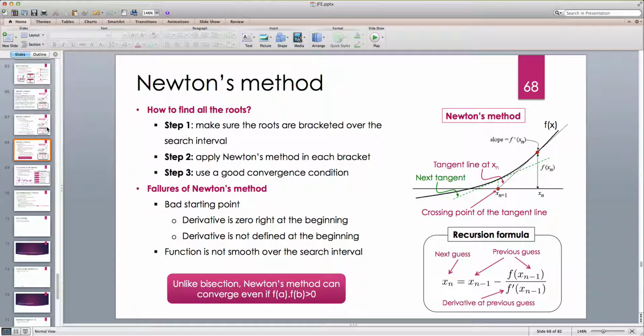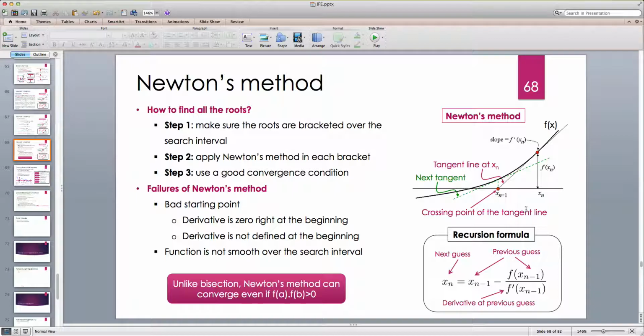The first one is that it doesn't need a bracket for the root. You just have to start with an initial guess. Obviously, the downside is that the root should be close enough. Otherwise, Newton's method may not converge. But the other thing is that